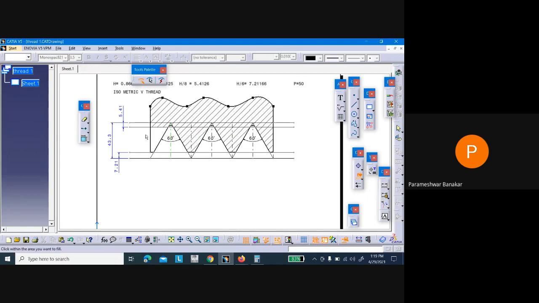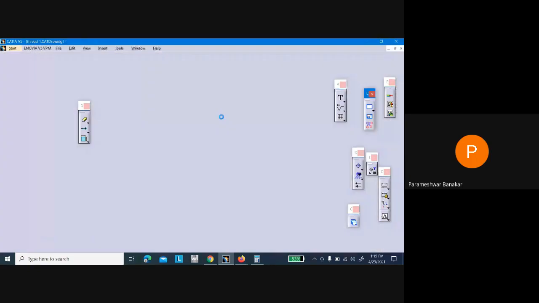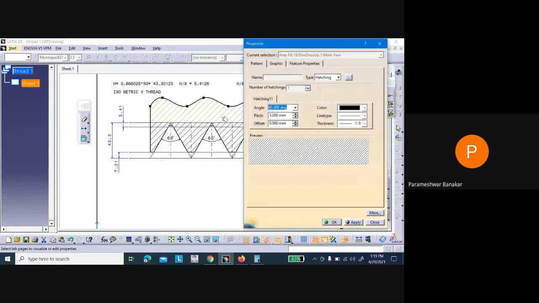So this is how you can draw the threads. This is the internal thread. Let me just change this. I will change the pitch angle.